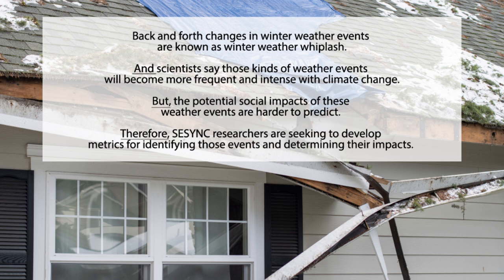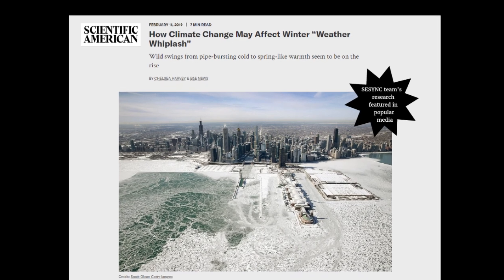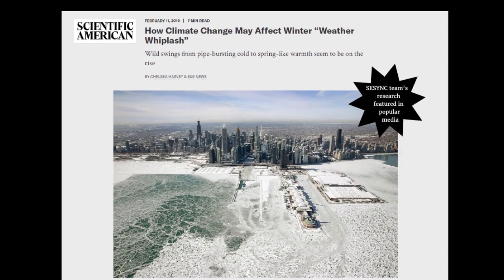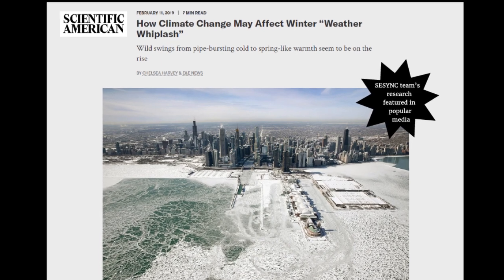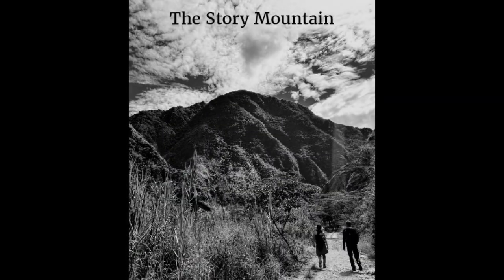It's just a nice way to briefly summarize what you're doing, what your research is, and provide a little bit of context without getting too technical. Right. It kind of reminds me of an abstract, except it's just much shorter. It gets right to the point, and there's no methodology because you're probably not talking to technical audiences when you're using the and, but, therefore statement. And so we have another storytelling element here called the story mountain. So what's that all about?